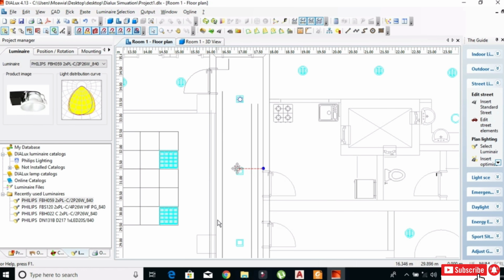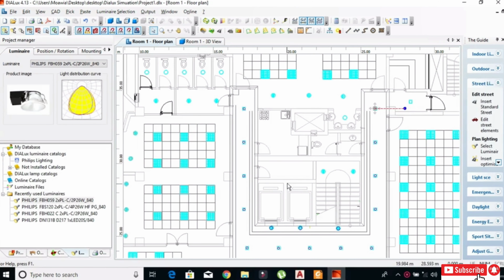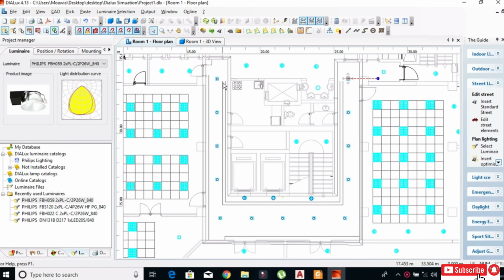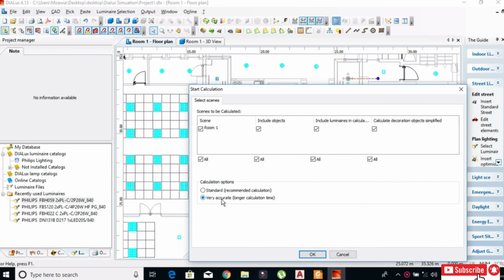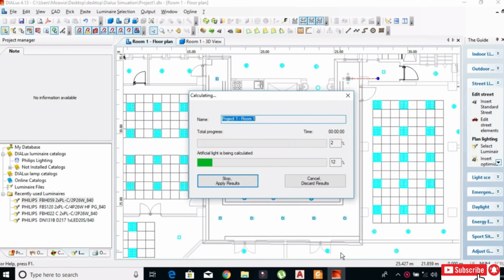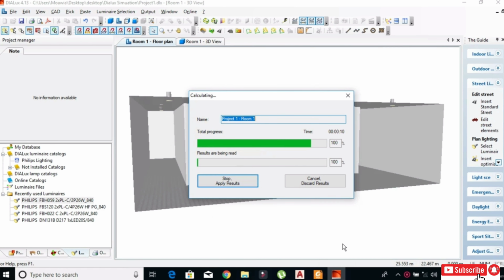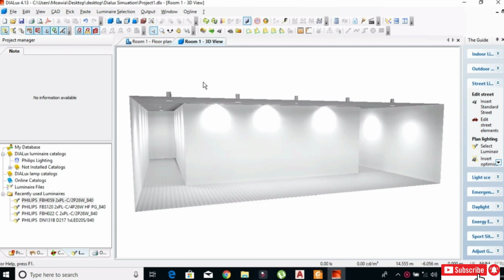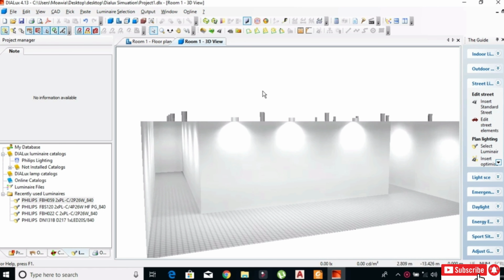and so on. Welcome back again. Now I'm finished distributing this luminaire in the corridor. Now calculate again, very accurate. Okay, after it finishes, you go directly to the 3D view.